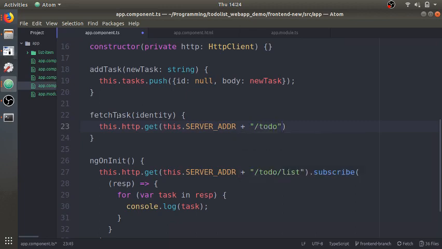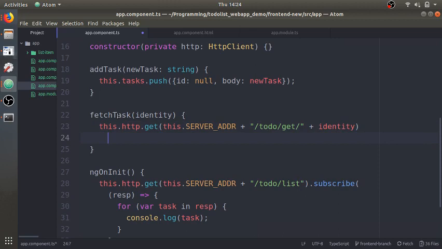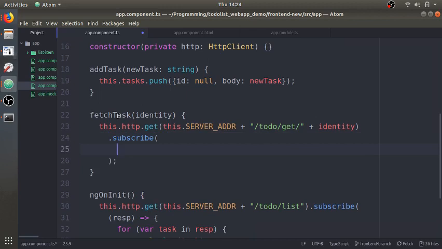/to-do. Now earlier, when we created this endpoint, we wrote the code such that when we pass in / and the ID of what we're trying to fetch, the server will automatically interpret that as a parameter and then hand it back to us. So what we're going to do is /to-do/get and then plus the identity we want. We're going to subscribe to this as earlier by giving it a function. And we'll say this